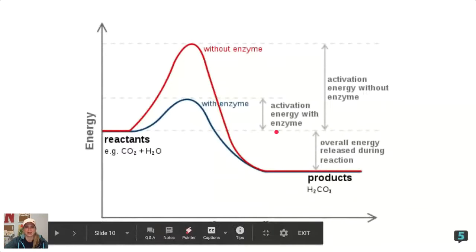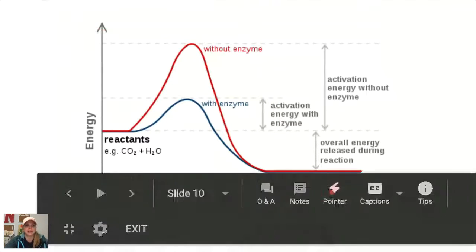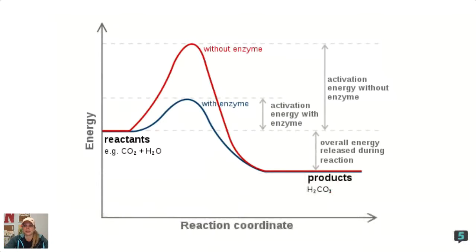So for example, we've got two lines, a red line and a blue line. We've got the amount of energy it takes to do a reaction, and then on the bottom we've got the reaction. So if I don't have an enzyme, let's say, for example, I just ate some ice cream and I need to break down the lactose in that ice cream, okay? Now, if I don't have an enzyme for that, say lactase, it takes much more energy to break down that